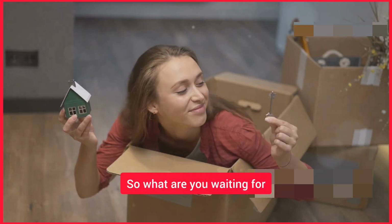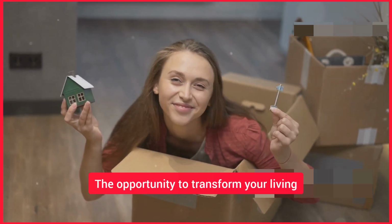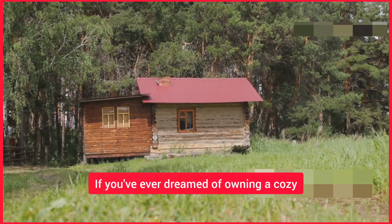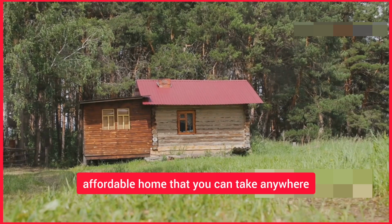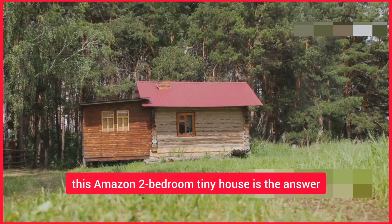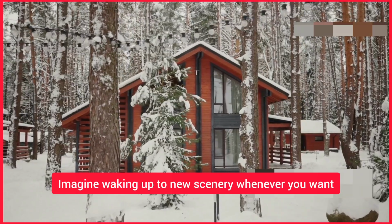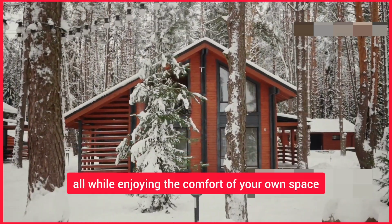So what are you waiting for? The opportunity to transform your living situation is right at your fingertips. If you've ever dreamed of owning a cozy, affordable home that you can take anywhere, this Amazon two-bedroom tiny house is the answer. Imagine waking up to new scenery whenever you want, all while enjoying the comfort of your own